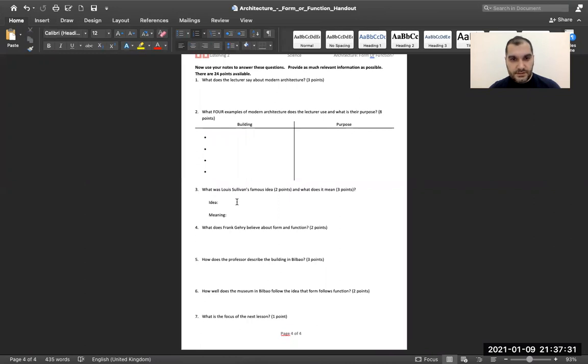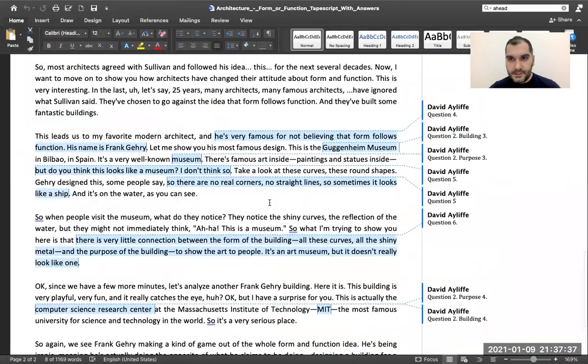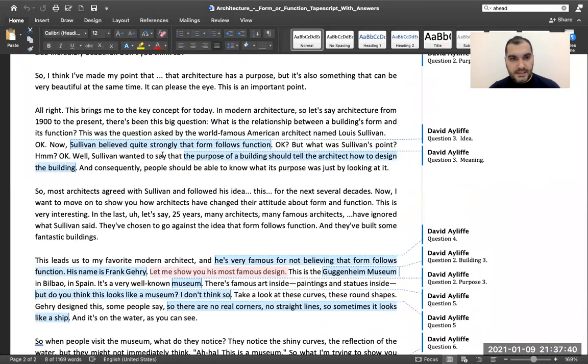What was Louis Sullivan's famous idea and what does it mean? Okay, and his famous idea is form follows function. He believes this idea, and the meaning of this idea is the purpose of a building should tell the architect